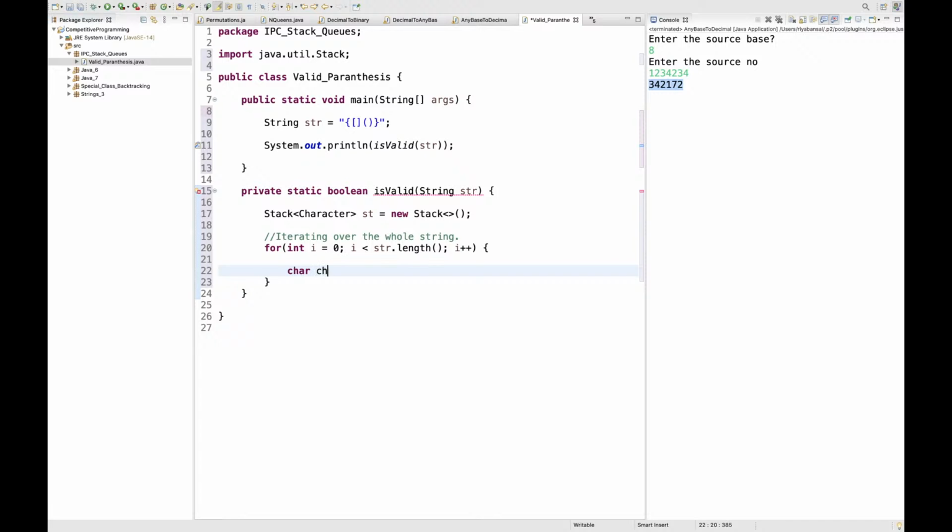Now I will take each character, and I will check if the character is going to be this, or if the character is going to be this, or the character is going to be this.